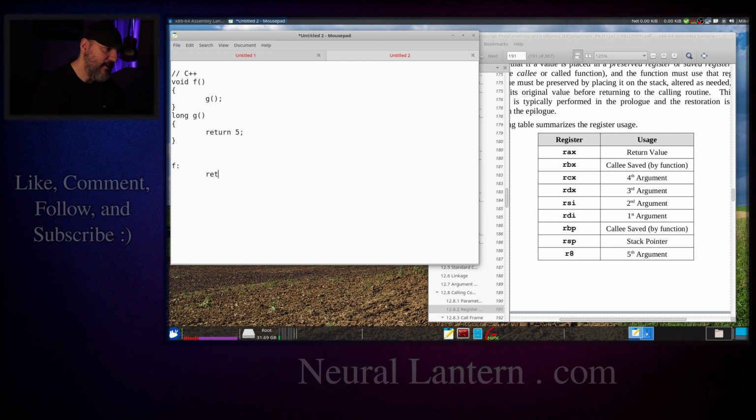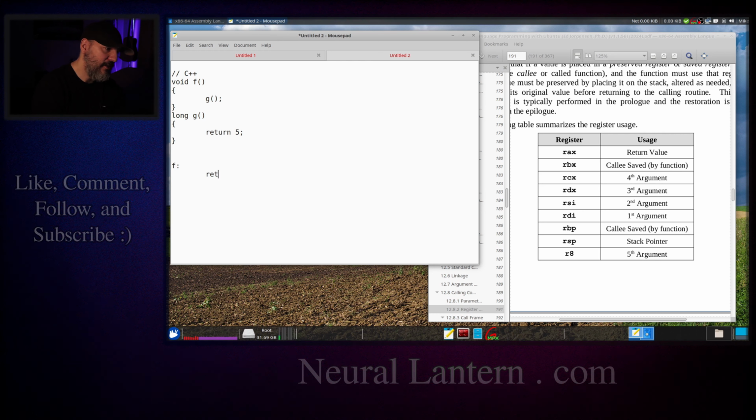And then the next thing here is it's saying that the RBX register is something called Callee saved. So Callee saved is important. Remember we said that we have to respect the ABI, right? You have to respect this convention because if you don't, you're going to cost yourself debug time and your functions probably won't be interoperable with other people's functions or the system call